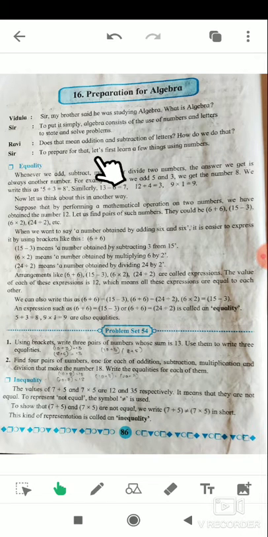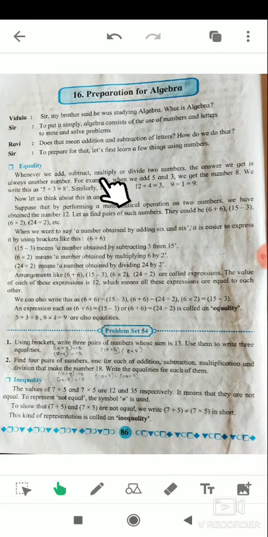To prepare for that, let's first learn a few things using the numbers. So equality. First of all, what is equality? Equality means one number and another number are equal, which is called the equality. So here see,